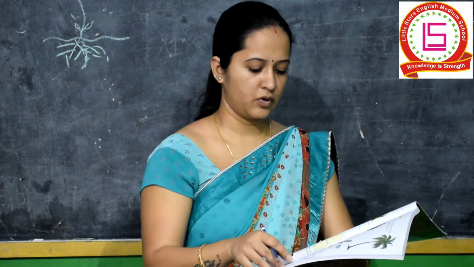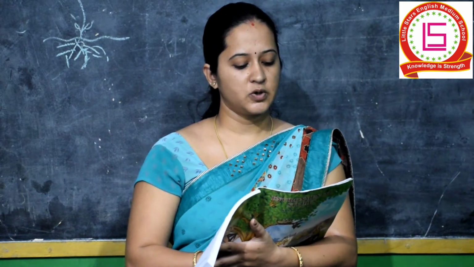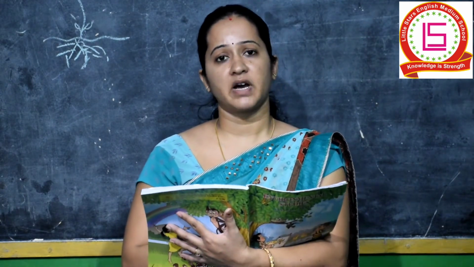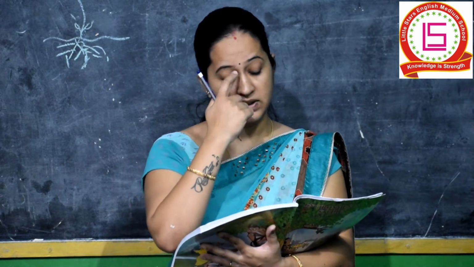Now we'll go to page number 4. I'll start reading with the first line. Human beings use so many things from the environment. We get many things from the environment and we use each and everything that we get. We get cotton, we get wool and also silk from the environment. Using all these three materials, we weave cloth. We make cloth out of them, which we wear.